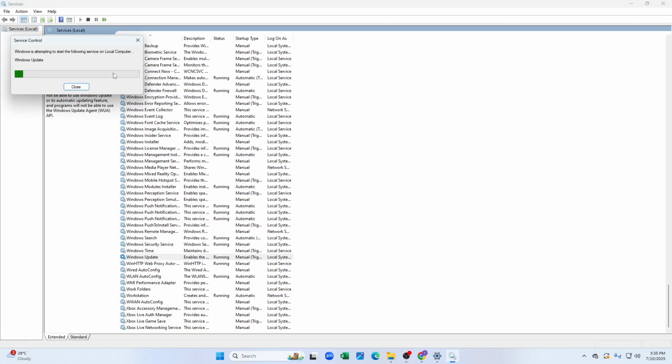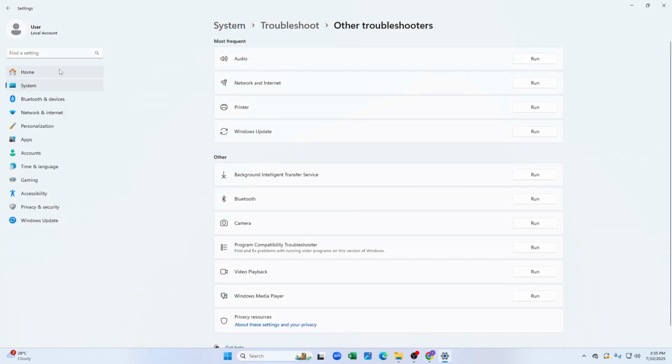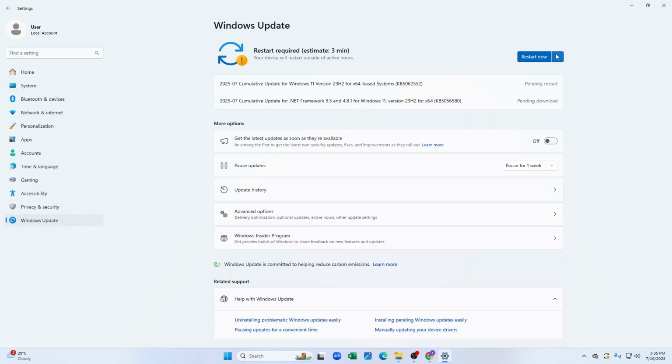So Windows is attempting to start the following service, so it's just restarted now. So you can just check, and now your Windows update should not delay, and the Windows taking too long problem will